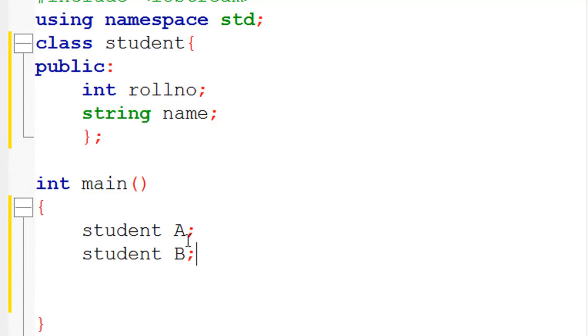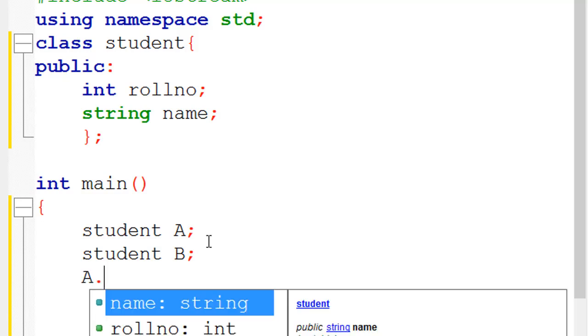So first we will initialize roll number and name with the object of the first student, A. So let's initialize it. We have to define the object name A and dot, as we have earlier discussed that we access the variables through the dot operator.